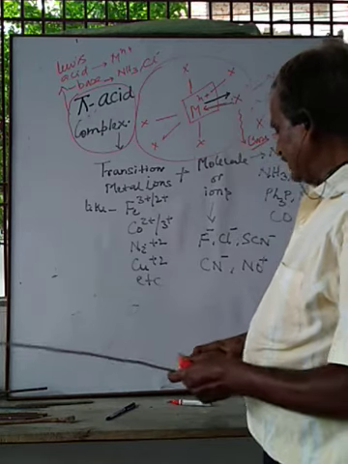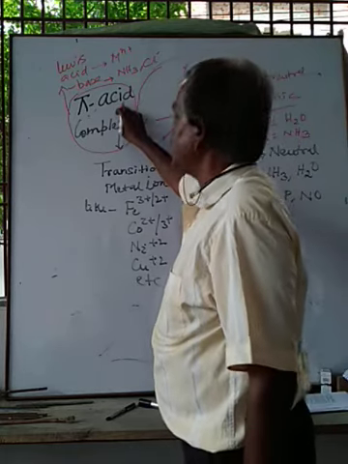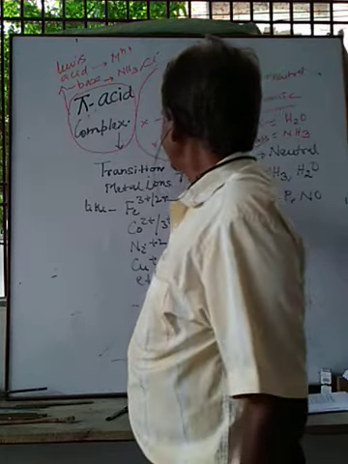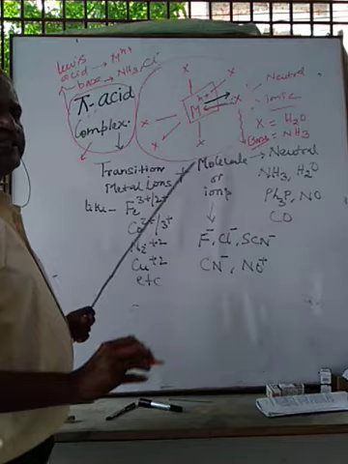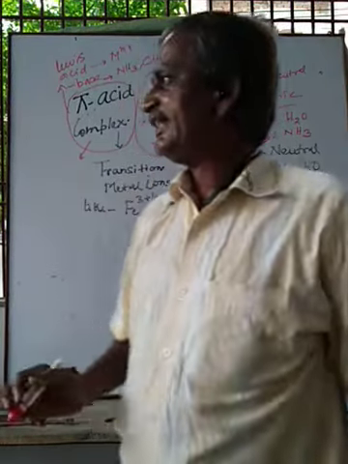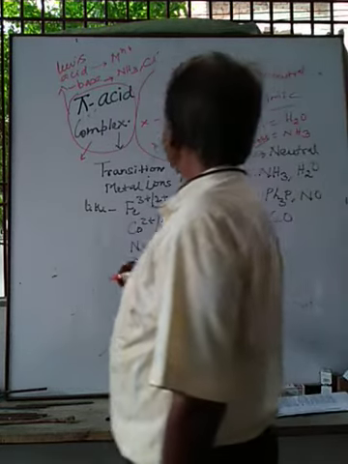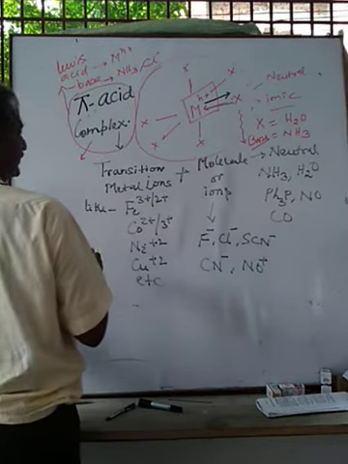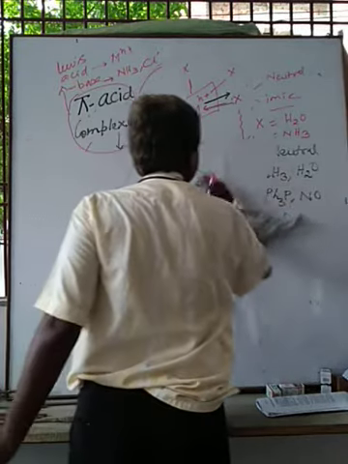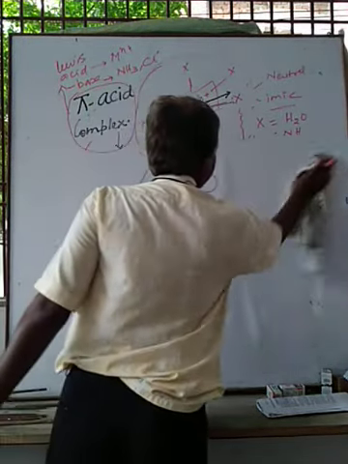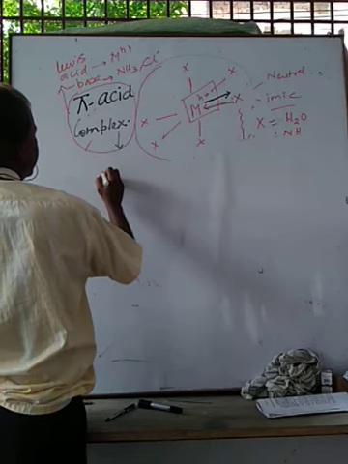And we know that molecules with the tendency to accept electrons are known as acid. So such complexes where the ligand shows the property to accept the electron collected on the metal ions are known as pi acid complex. So let me write down the full definition of pi acid complex. If someone asks what do you mean by pi acid complex, तो क्या लिखेंगे कि pi acid complex या